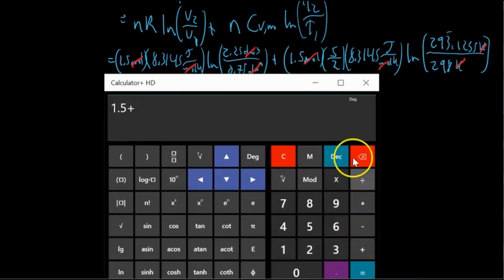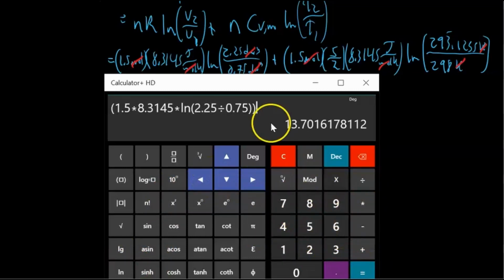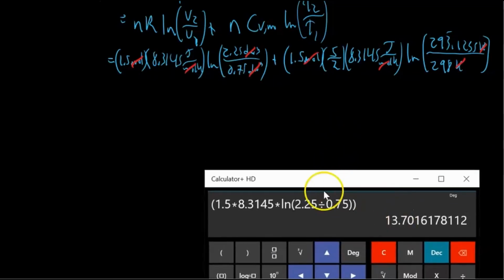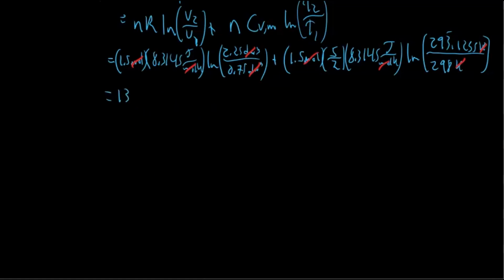1.5 times 8.3145 times ln of 2.25 divided by 0.75, close brackets, equals. I'm going to write this down in case I make a calculator error, and I won't be able to see the whole thing in one line. So 13.7016 joules per Kelvin, plus